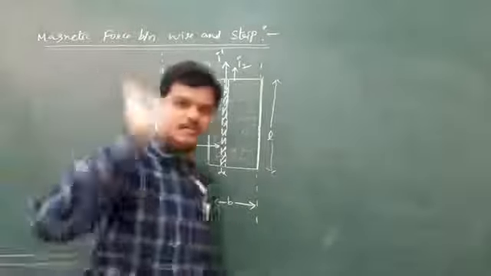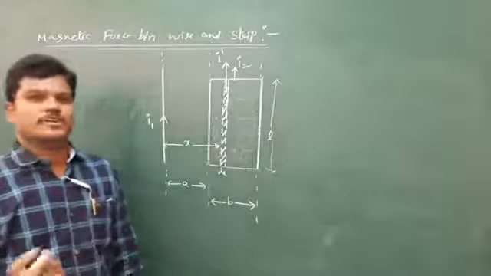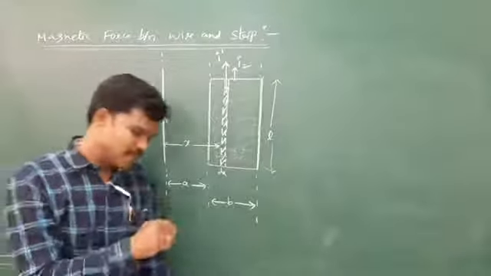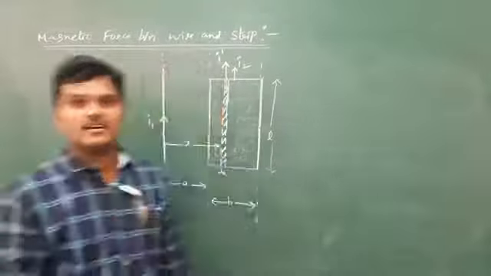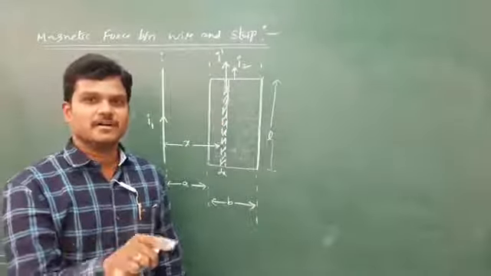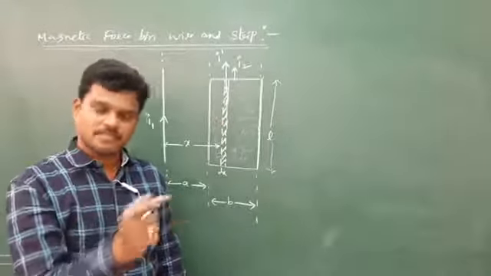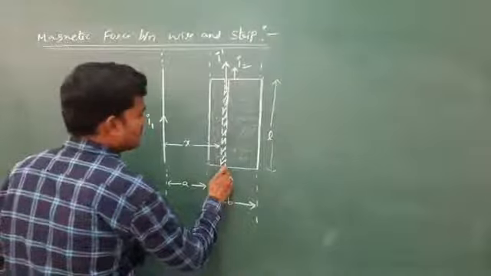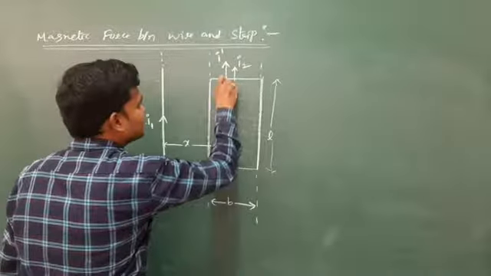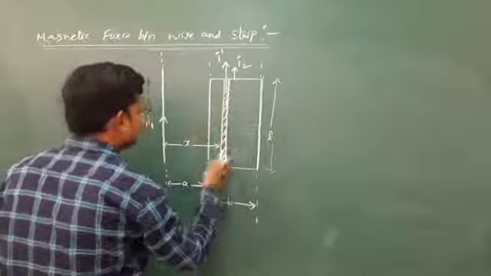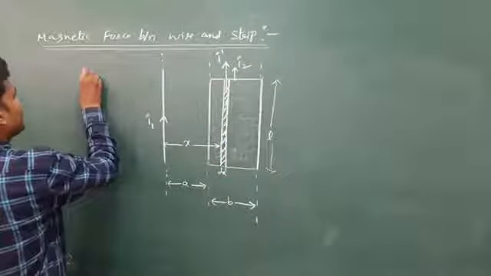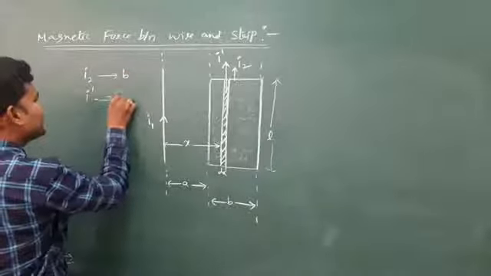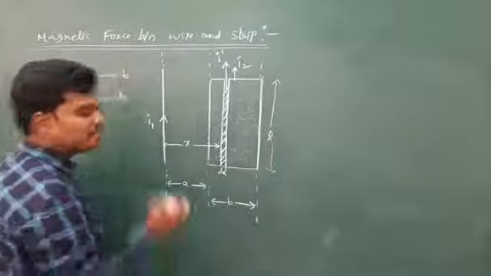Like in first-year topics such as center of mass and rotating motion, you take a small elemental portion using lambda, sigma, rho. In the same manner in electrostatics, in Gauss law, you use lambda, charge per length, sigma, charge per area, rho, charge per volume. Here also we have some linear current. Let us identify how much current is there in this small portion. For current I2, the side is B. For current I dash, the side is dx. This is the better way, a comparison.